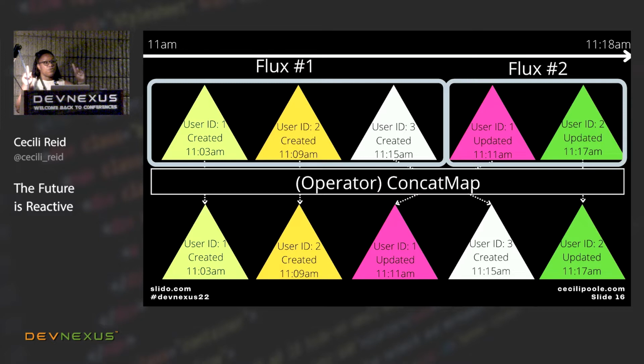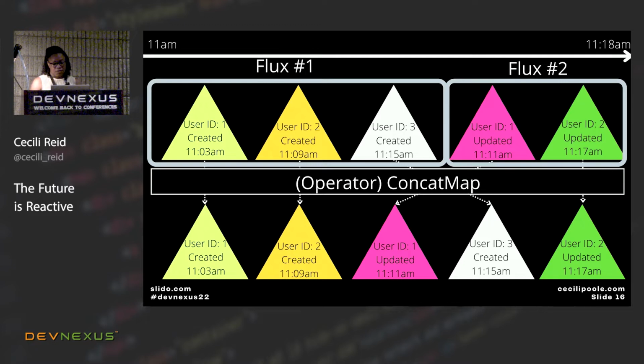Now, that is great information to have, but I actually want all of this information to be in one flux, in one stream of data. I can now pass these 2 fluxes through another operator called Concat Map. What this does is it concatenates the 2 fluxes together, but it also does something else that's important to me, and that is reordering everything. So flux 1 has my creates, flux 2 has my updates, but the order of some of those events look a little swapped. Once I concatenate them, the order is corrected. So I have 2 creates, an update, a create, and an update. So now I have my flux of events that I can pass to another subscriber or user and say, these are the users that were updated or created in this time.